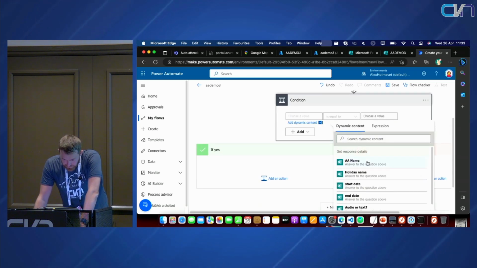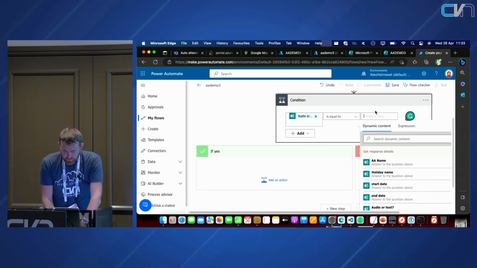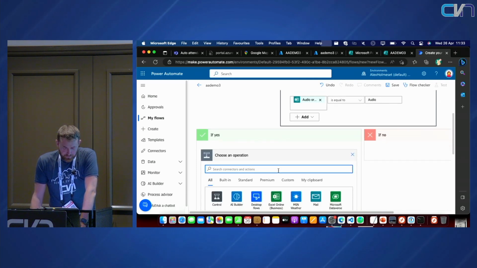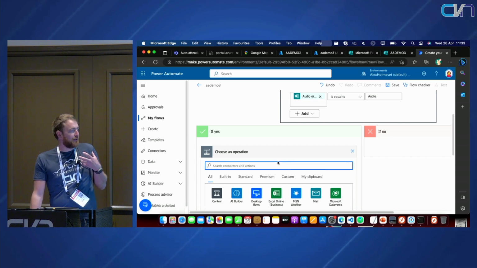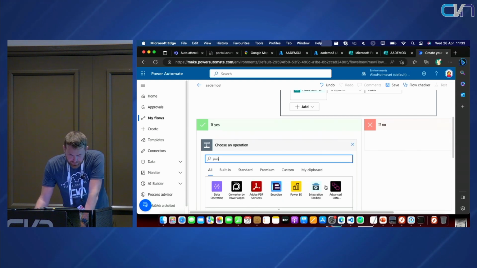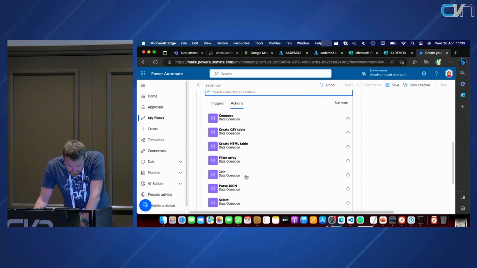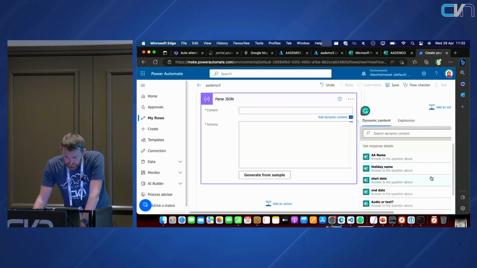And we choose that if it's audio or text is equal to audio, it will go over to yes. Then we'll grab the ID of the OneDrive and the file. So we need to do something called, let's see here, JSON, parse JSON. So, and we do that from,